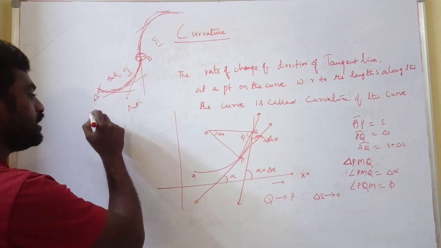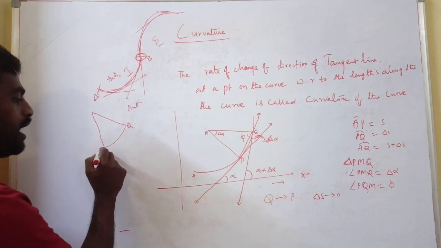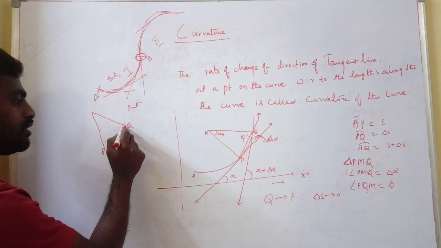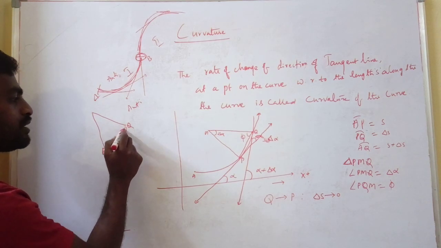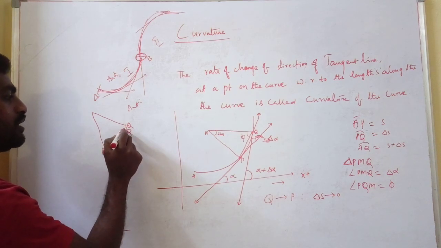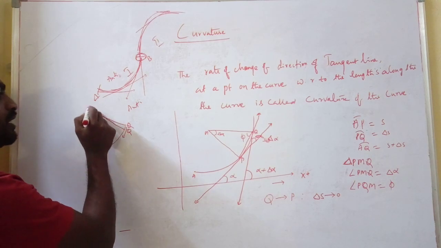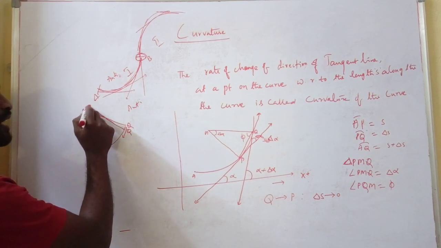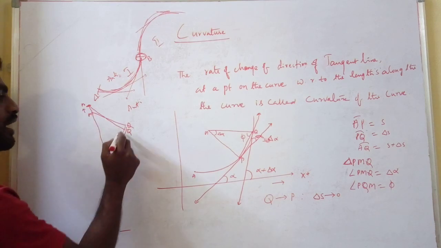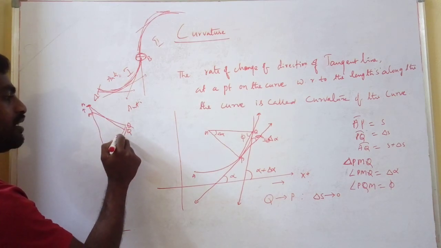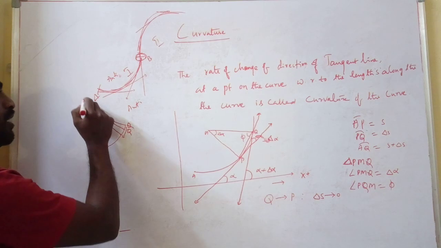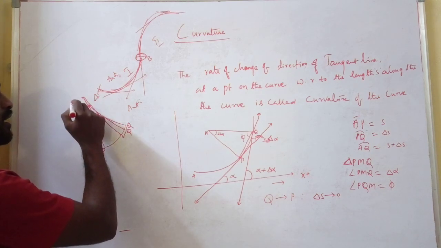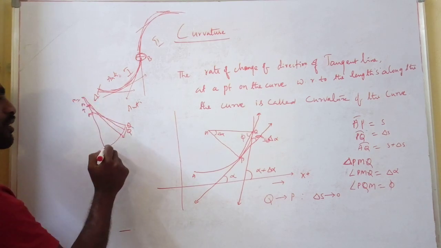These two normals intersect at a point, considering point Q and point P. Suppose Q moves towards P; now you should draw the two normals. These two normals intersect at a point M1. Next, Q reaches here; draw one more normal. These two normals intersect at M2, and Q keeps approaching P.